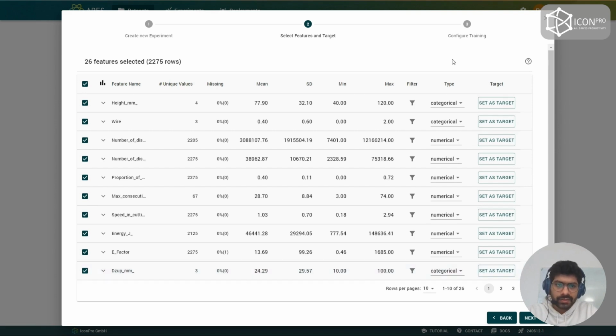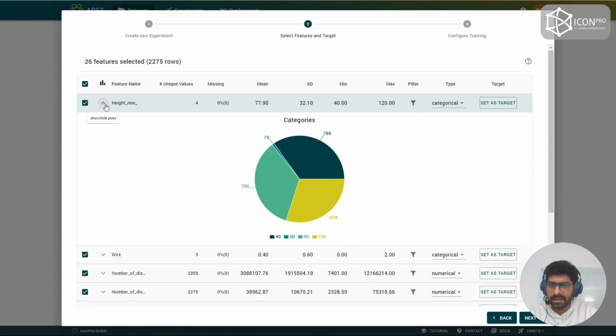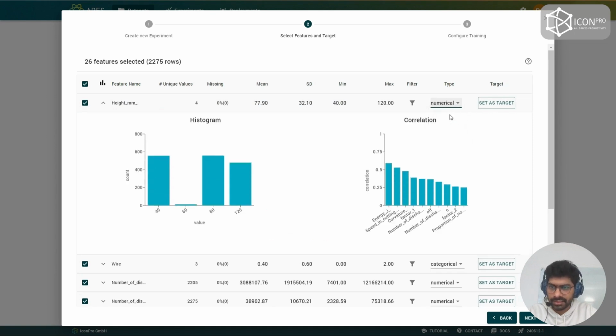On the right side, you see the types of these features. If you think a particular type is incorrect, you can cross-check it and change it. For example, here the height is classified as a category since there are only 4 heights, but from the process knowledge, this turns out to be a numerical feature. Once this is changed into a numerical feature, you see a change in the plots here. So we see a histogram with which we can see the correlation with other process parameters. For example, height is very highly correlated with the amount of energy that is being spent for cutting a particular workpiece part.